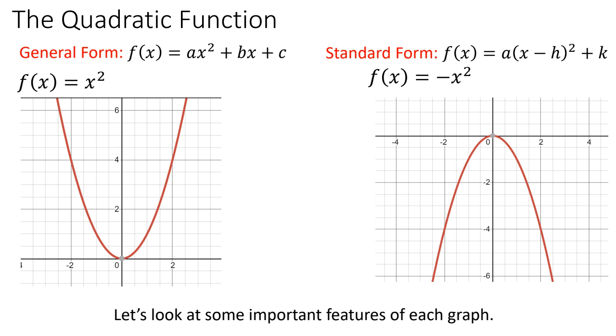Okay, so we're looking at these two graphs, f of x equals x squared. Again, this is my parent function here. The vertex is at the origin (0, 0), and again my parabola is pointing up. On this particular one, when we see that we have a negative, this negative created a reflection on the x-axis of the parabola. It means that all our values are negative, so again our parabola is pointing down. Okay,